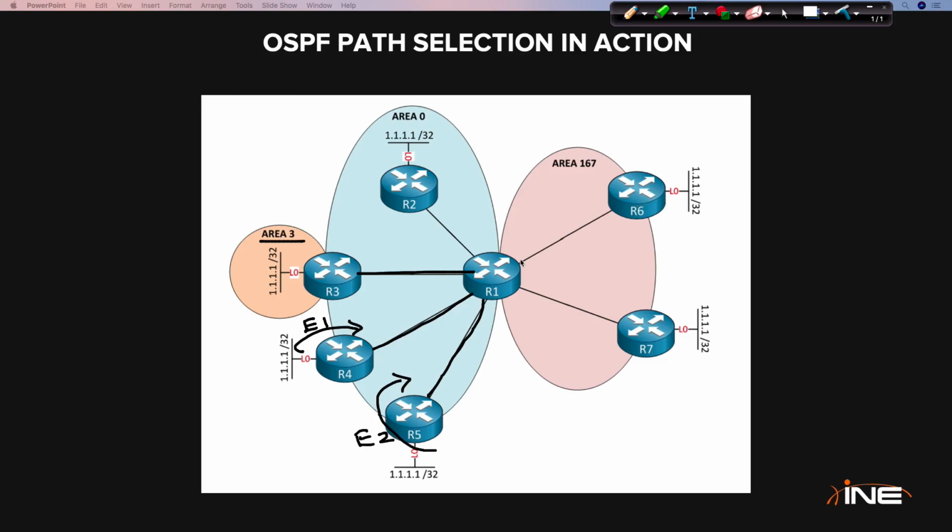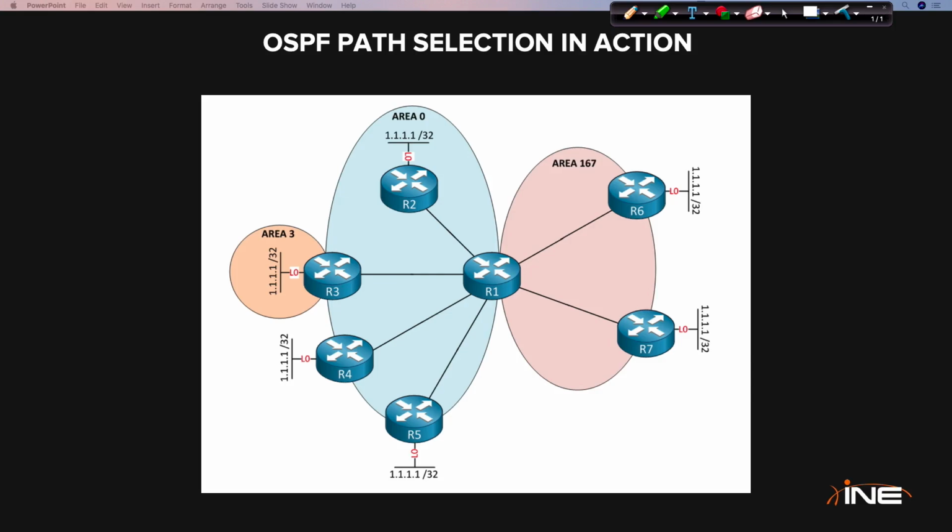Router 6 has this link in area 167 and this loopback is redistributed as N1. So this area has been configured as NSSA. Router 7 has this link in OSPF, which is in area 167, and this loopback is redistributed as N2. So let's confirm how OSPF does path selection. Now for router 1, I have chosen IOS XRv. IOS XRv uses the old RFC, which basically means that O routes are preferred over OIA. OIA wins over OE1, OE1 wins over ON1, ON1 wins over OE2, and OE2 wins over